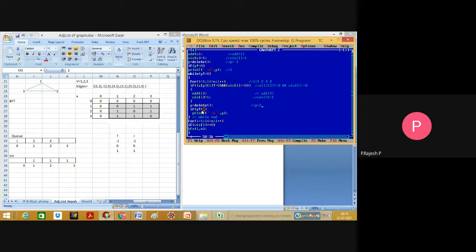If P is not equal to 0, then what do we have to print? Return 2. That means print the value of 2. Then as we are in the while loop, once again we have to execute the same loop so that we can get the next value, that is 3. Now P is not equal to 0? Yes, because P is 2 right now. So again enter into the body, so that we can mark it once again and finally print the value of 3 also.